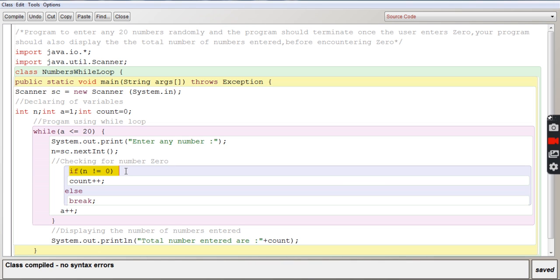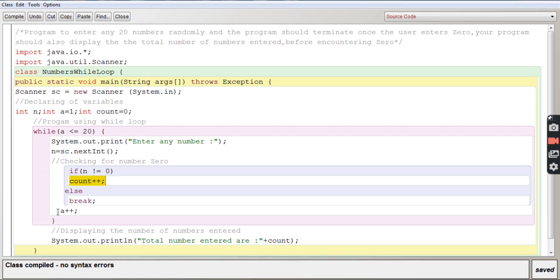Tell me, -1 is not equal to 0? Of course it is true. So it will go to count plus plus. So 3 numbers we have entered. The first one is 3, then 5, then -1. So it has counted 3. It is counting the number of numbers entered.